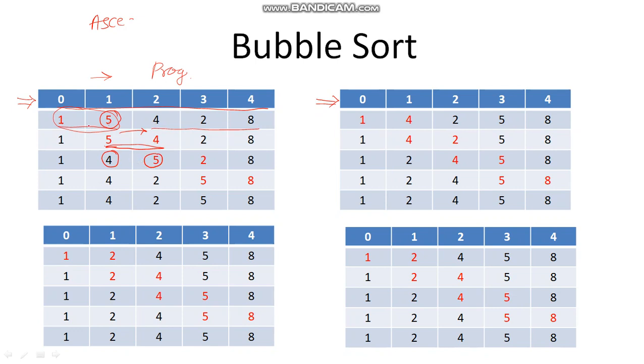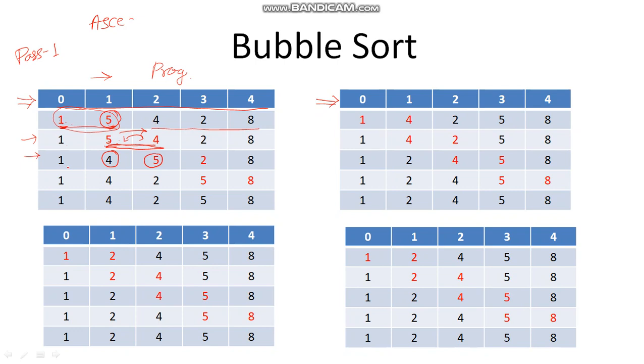What I am doing here is, in the first case you can observe that the ith element was smaller than the (i+1)th element, so whenever it is smaller, I am not altering it. But in the second case, the ith element is larger than the (i+1)th element, and here I am altering it. I am swapping these values. This is pass 1.